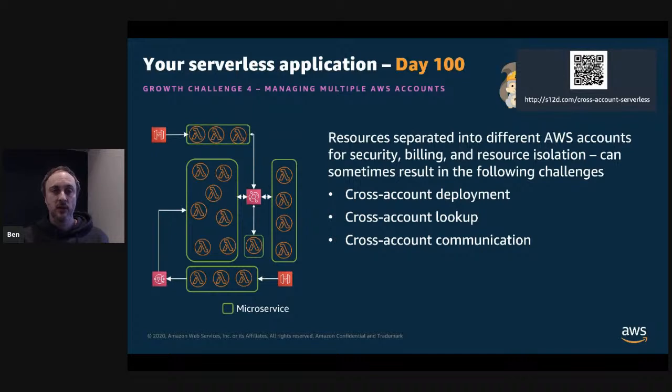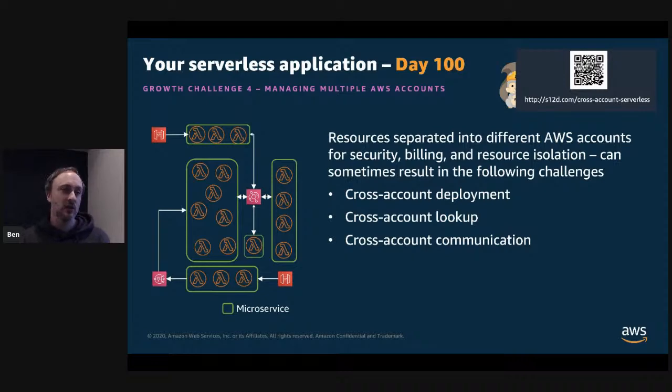You have a challenge of cross-account lookup. So this is where during deployment, a resource deployed into one AWS account might need to refer to a resource that's being deployed into a different AWS account. There's cross-account communication where microservices that are executing in one account might need to communicate with a microservice that is already executing in a different account.